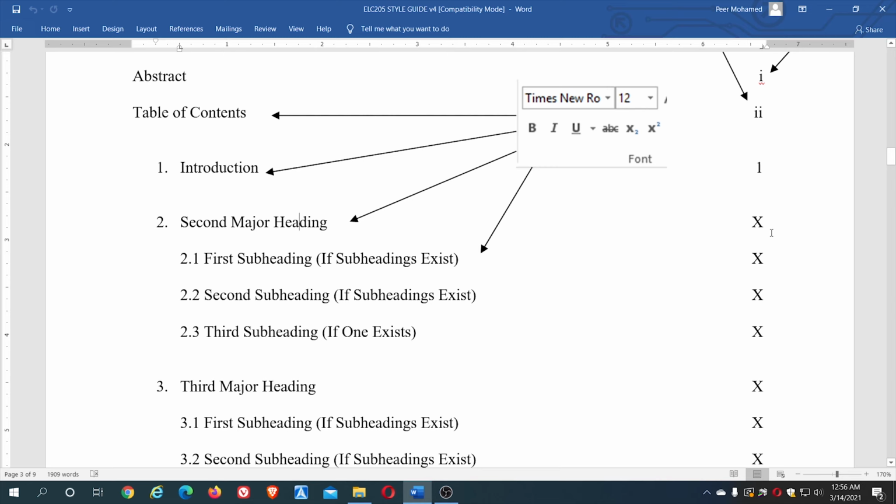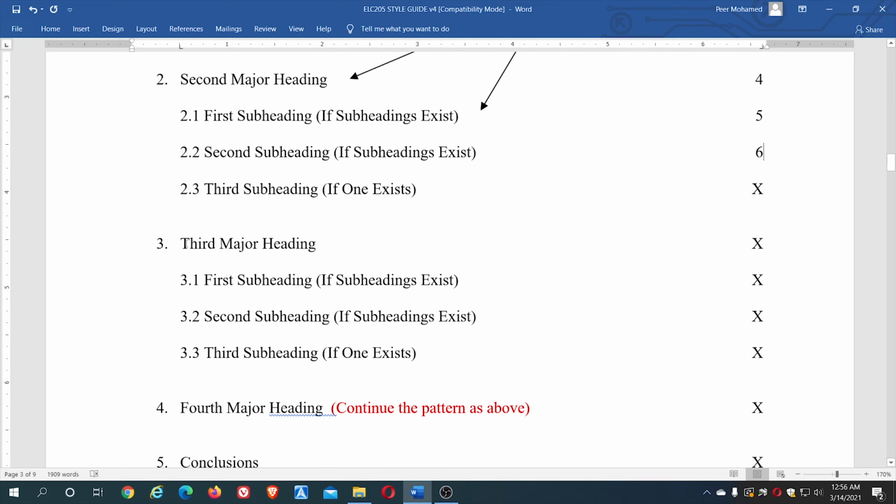And we will put the page number here, a normal number. We have put X because we don't know the page number. If it's 4, you can put 4. If it is 5, you can put 5. Whatever number you feel like, you can put here. Then chapter 3, your third major heading, and the subheadings you will number 3.1, 3.2, 3.3, and you will put the page number, 7, page number 8, whatever the page number will be.